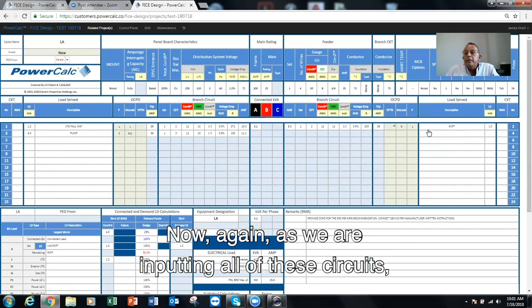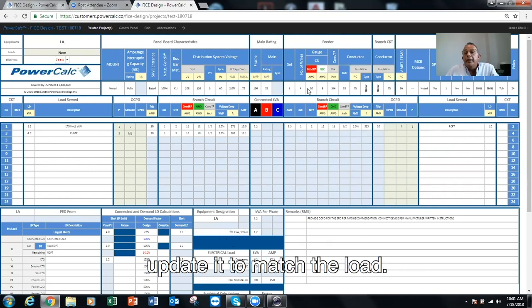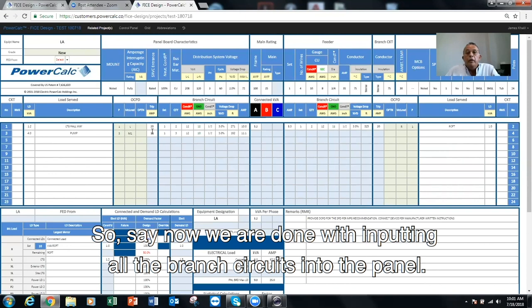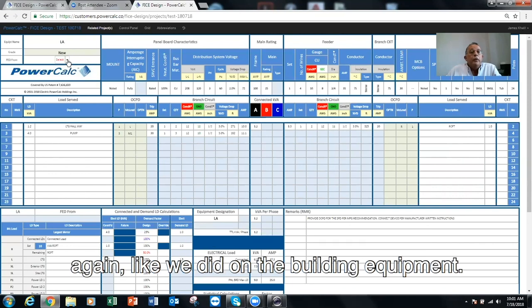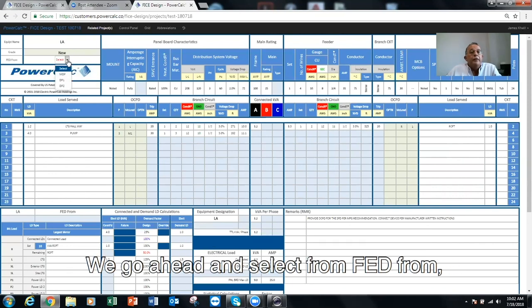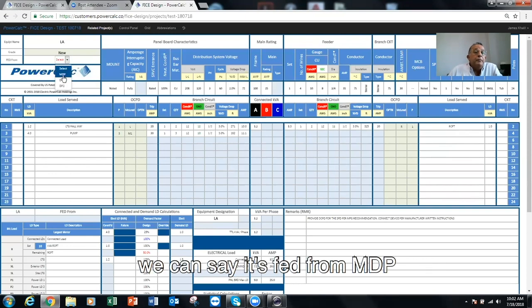Okay. Now, again, as we are inputting all these circuits, it updates to match the load. So say now we're done with inputting all the branch circuits into the panel. The next thing is to connect that panel to the distribution system. Again, like we did on the building equipment, we go ahead and select fed from. We can say it's fed